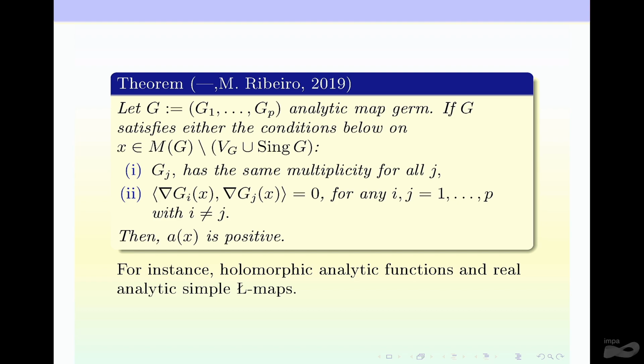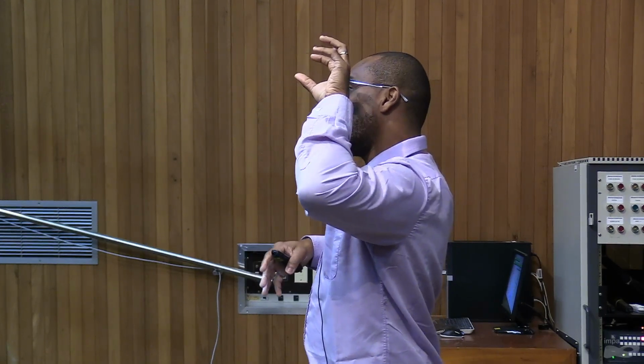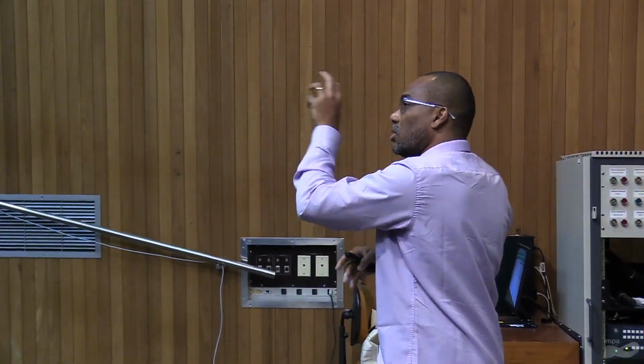So if you start with, it can be analytic, whatever you want, a map here, or the representative of a mapping, if G satisfies either of the conditions: g_j has the same multiplicity for all j. What does it mean? It means that when you take the Taylor expansion, just look at the degree, only the degree. It doesn't matter what appears in the Taylor expansion, but the smallest degree. We are not asking that these are the same, only the degree. Take the smallest degree in the Taylor expansion. If everyone is the same,